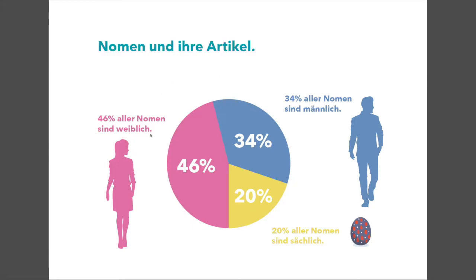Every noun in German has its article because it has a gender. Let me show you this on the screen. So all the nouns in German have articles because they always belong to a gender. About 50% of all nouns in German are feminine, as we can see here. About 1/3 or 34% of all nouns in German are masculine, and around 1/5 or 20% of the nouns in